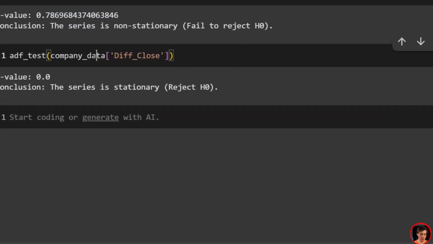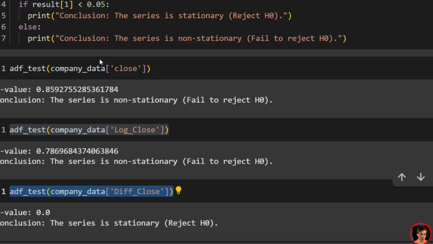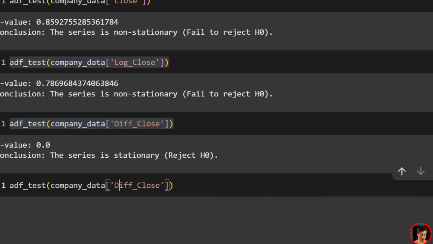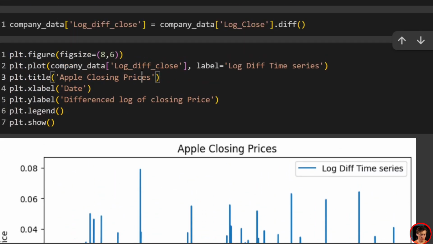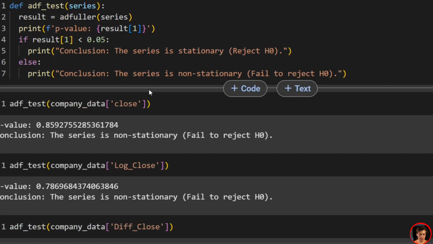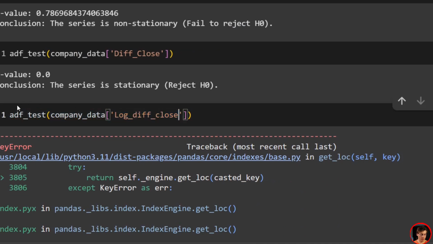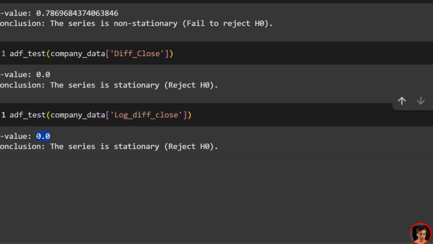Because we're just taking log transform. So we'll go over here and copy that. I believe it's just capital L-O-G, like that in front of it. It is not. Let's just grab that. Should have had probably proper capitalization. But you can see p-value close to 0. And the series is stationary on that side of things. So that's what this looks like,